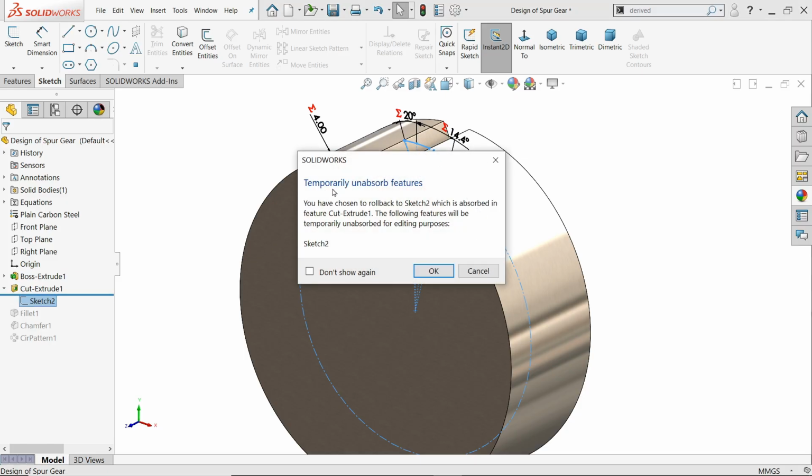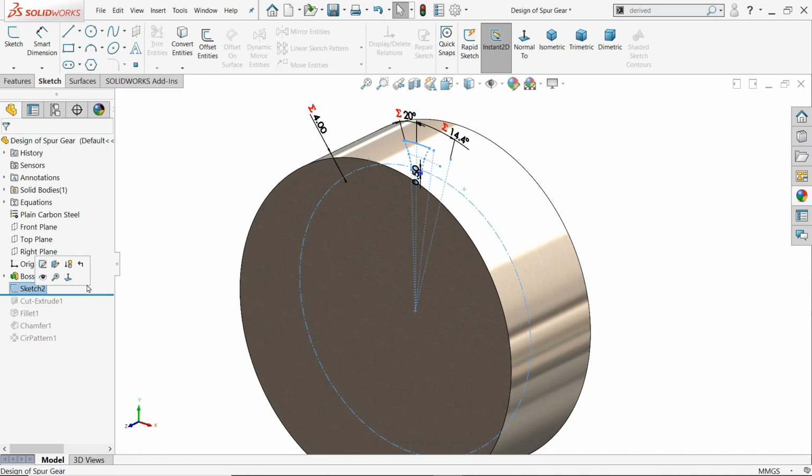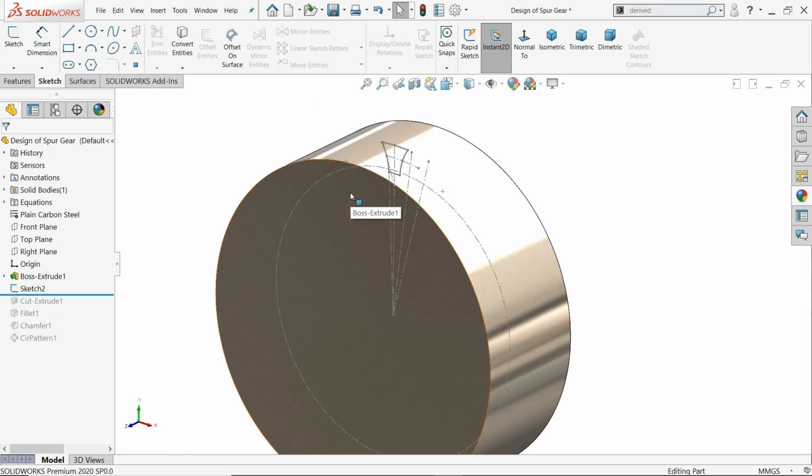Now it will ask you about a temporary unabsorbed feature because it is absorbed by cut extrude. If we select OK, now see both become separate trees. See, let's click show.